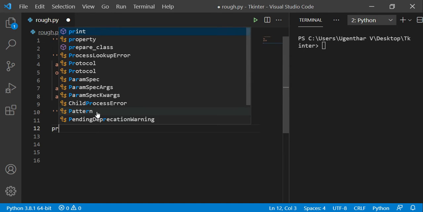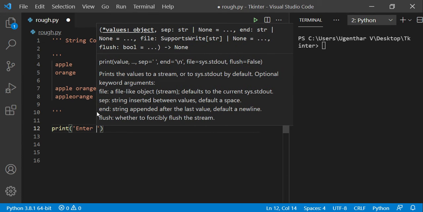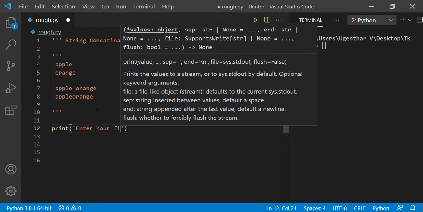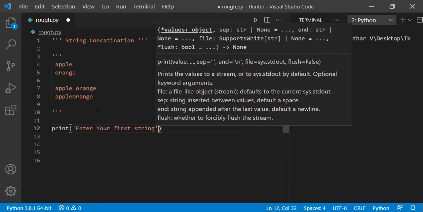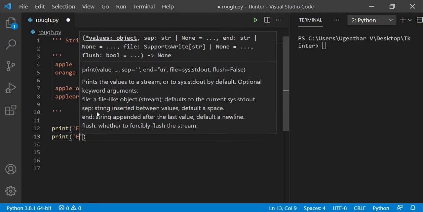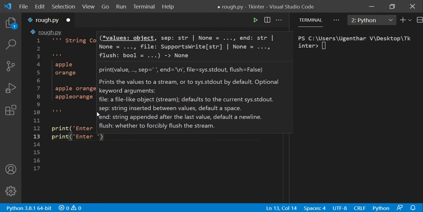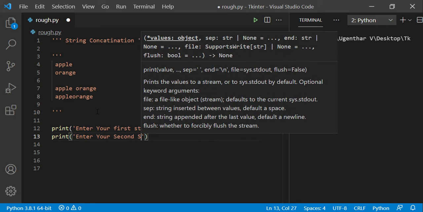First, let's print some statements like enter your first string, then enter your second string.